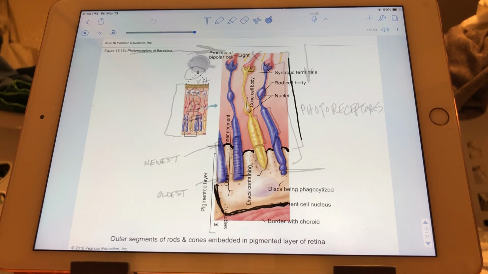And then everything else that we're seeing here is neural layer, although we can't see all of the neural layer. Up here we're getting a peekaboo of the bipolar cells,